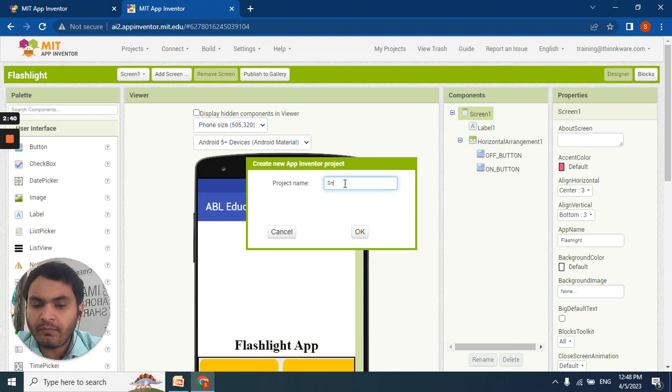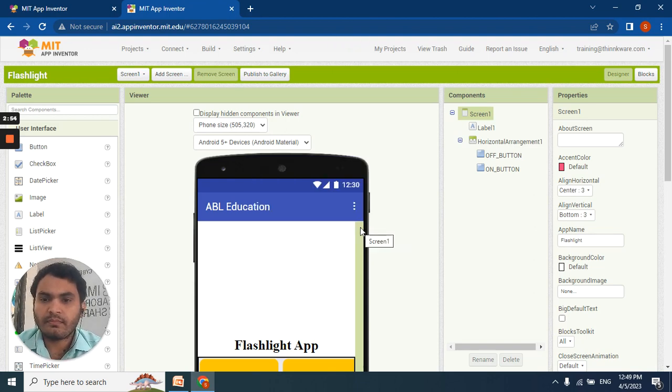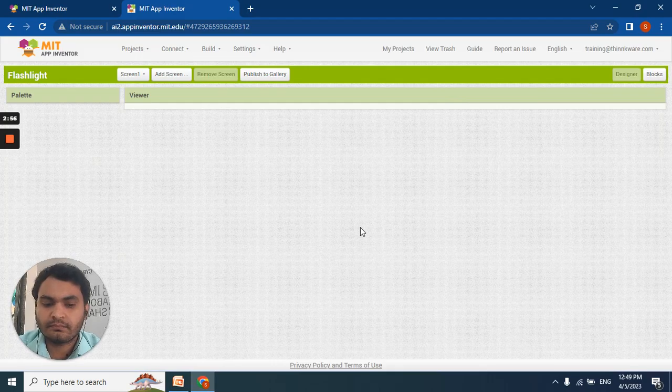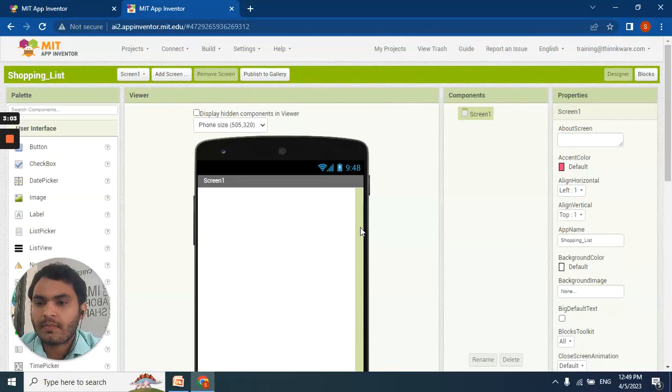So the app name is shopping list. The name of the app will display at the top left of the screen as shown here.